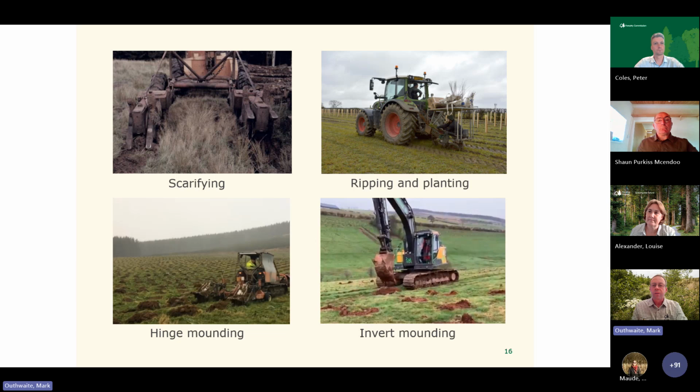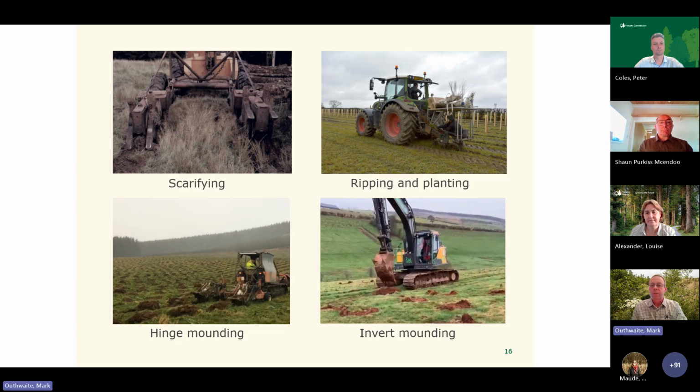So cultivation, or methods of cultivation. On this slide, we've got ripping. Ripping will break up any compaction and pans within the soil structure. Scarifying, and this picture shows patch scarification, and this involves the removal of turf. The planting position will be in the area of exposed soil.